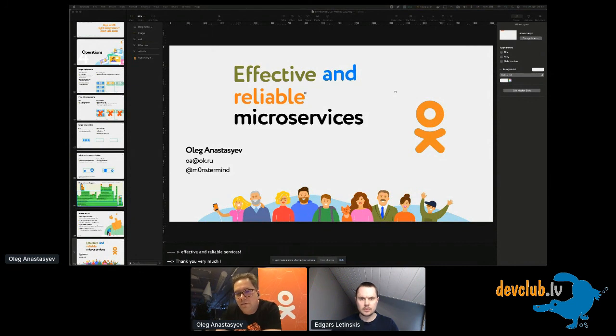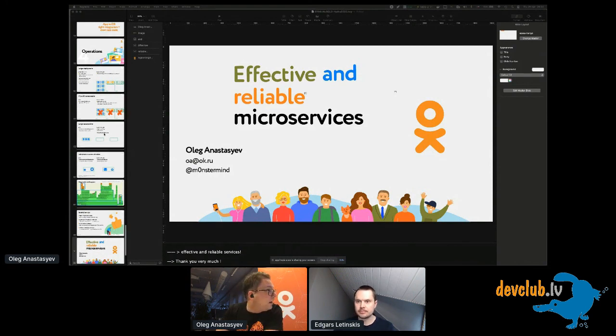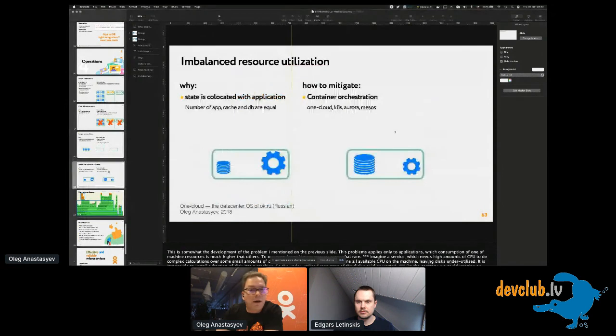Then some anonymous. A stateful way might help with the reliability of the system, but in case all system components, service A, cache, and DB, are scaled all together, then the resources are not effectively optimized. I believe you are talking about this slide, the imbalanced resource utilization. The answer is